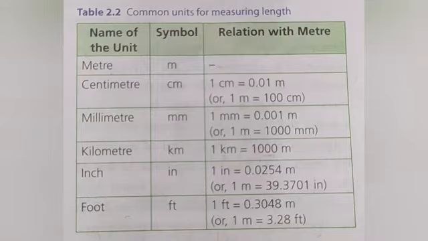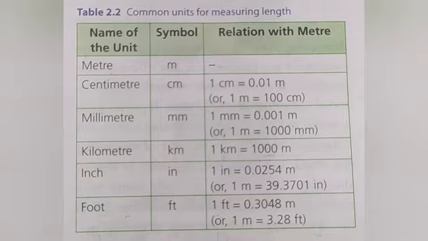Next is units for measurement of length. As we know, the SI unit of length is meter, but besides meter, there are several multiple and sub-multiple units of meter which can be used to measure different distances. For example, to measure the distance between two cities, kilometers can be used. Similarly, for smaller lengths like that of a duster or pencil box or an eraser, centimeters can be used as a unit. And there are other units also like millimeters, inch, foot, which we can use to measure the lengths of different objects.